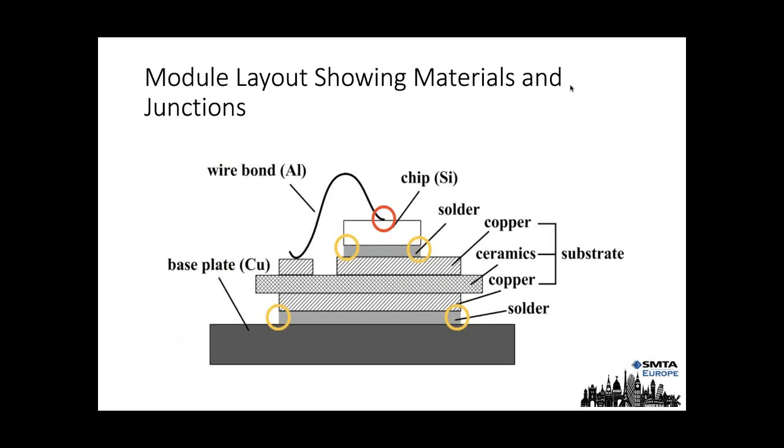aluminium bond wires normally now, or possibly copper bond wires. So you have a real stack of different materials. You have 2 solder junctions and you have 2 adhesive junctions also. So you have a mix of joint materials, a mix of materials with different thermal coefficients of expansion, and you have a huge lump of copper sitting on the bottom.